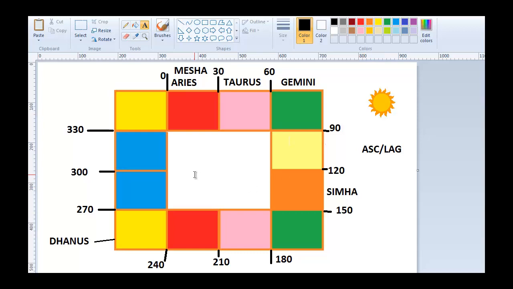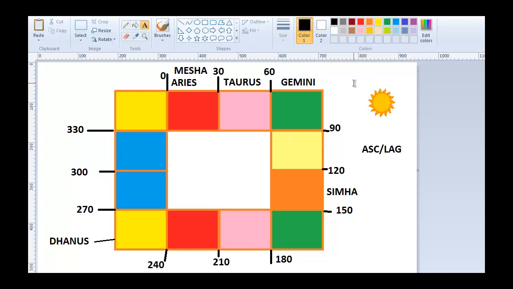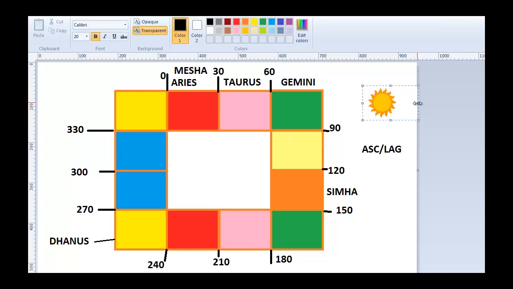The objective of this lesson is to find out what is the relationship between the sun and the ascendant. Therefore, let us start by discussing the role of the sun in your chart. Now, the most important thing is you have to find out where the sun is in your chart,